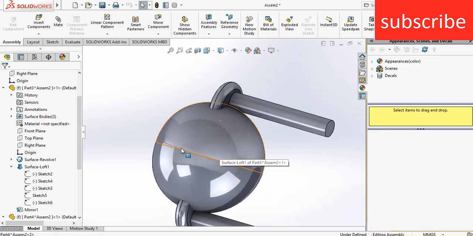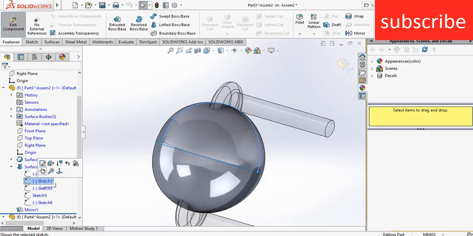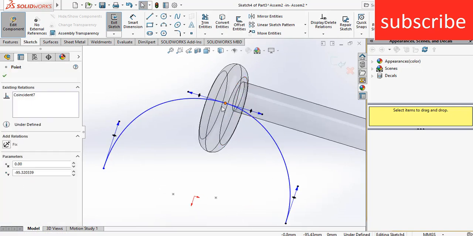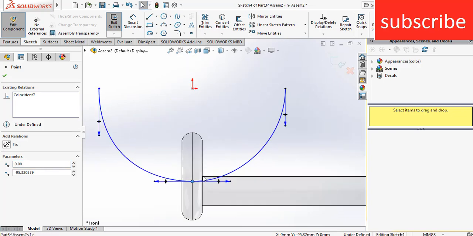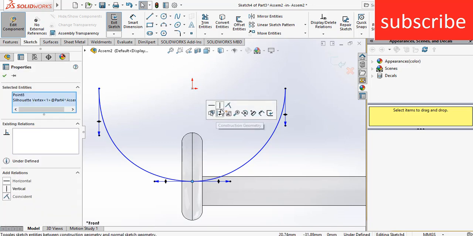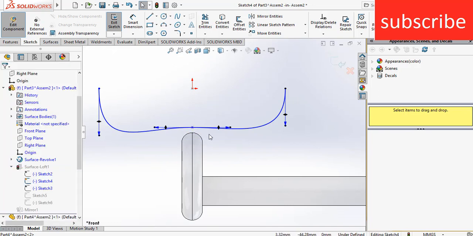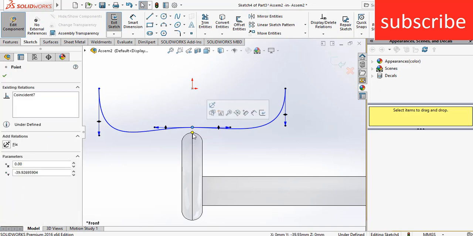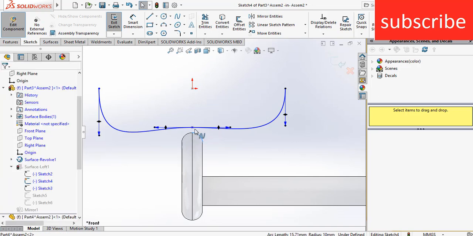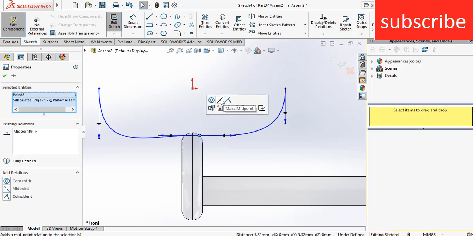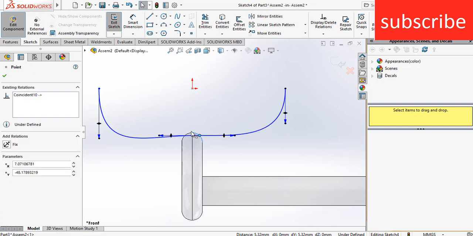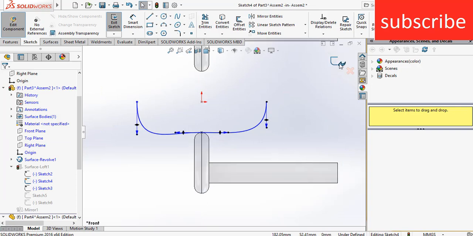After that, first you need to go to edit component and select this sketch, click on edit sketch and select this point and press Ctrl+8, select this point and this point, press Ctrl, select this point and this point, select the midpoint, make it coincident and after that exit the sketch.